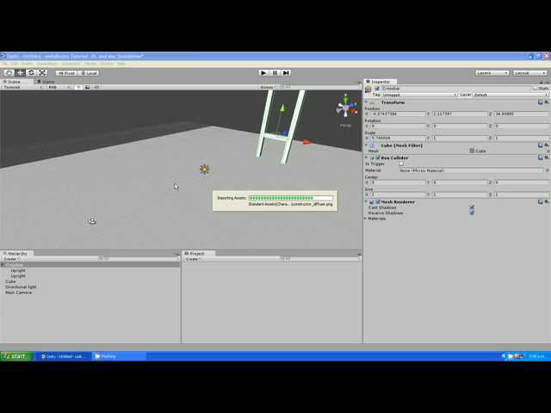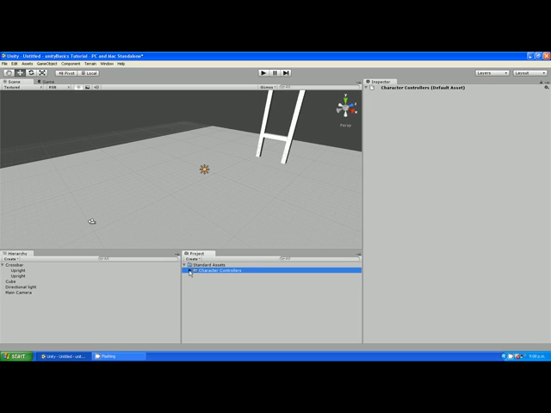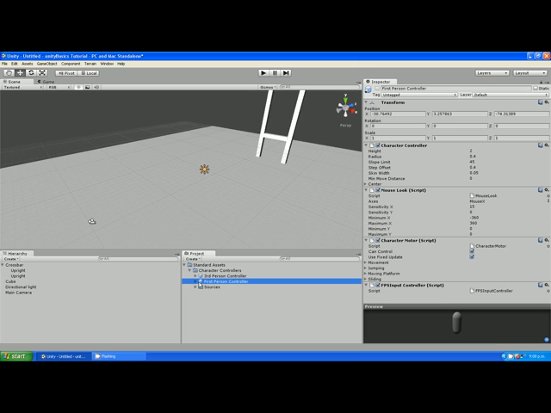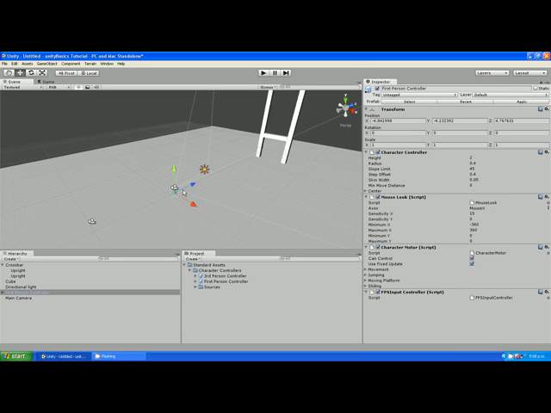And now when we go into our standard assets, you'll see there are character controllers, and there is a first person character controller. And what I'm going to do is, this is an actual prefab, and you don't need to know too much about it, but if you drag this first person character controller into your scene, you'll see that a whole bunch of components appear on the first person character controller. And what I'm going to do is I'm going to delete the existing camera,